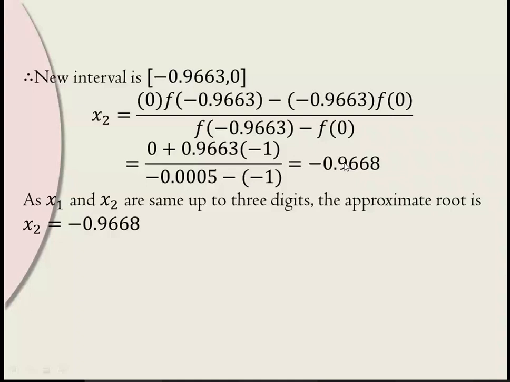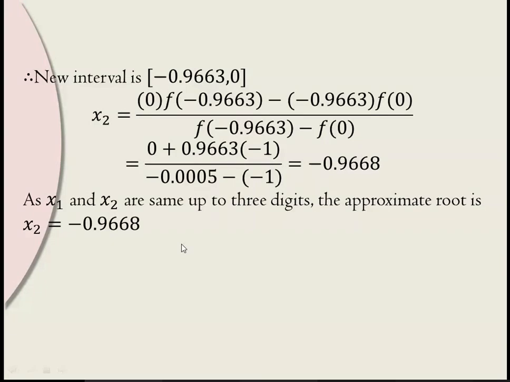So we can take that as an approximate value. If they are not the same, then we take the new interval as this point and this point. But here they are the same, so we stop. If not the same, this will be the new interval, and again you have to use the formula and simplify it. So a very easy and very important method. You can easily write an algorithm or program for getting such roots. And if you are writing a program, then you can go up to any number of digits. Doing the calculation manually is quite difficult, but in a programming language this will be very easy.